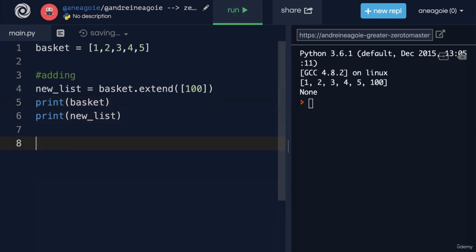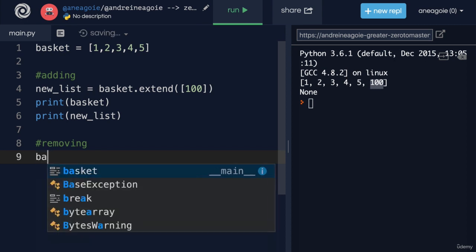All right, let's keep going with the removing methods. Now, with the removing, we once again have a few fun things that we can do. So let's continue with this basket that we've been using that now has 100 included into it. And the way we can remove things is, well, there's a few ways. First one is